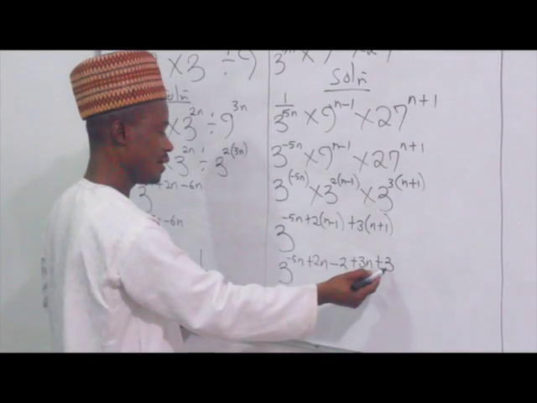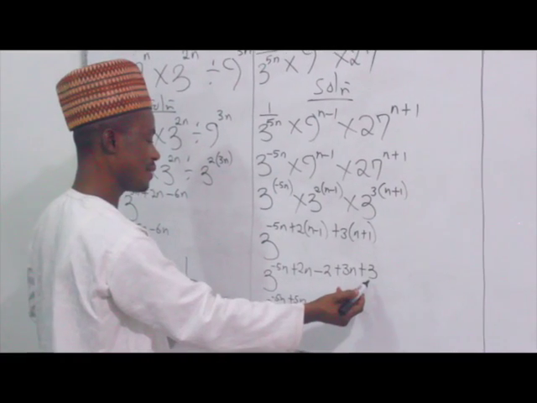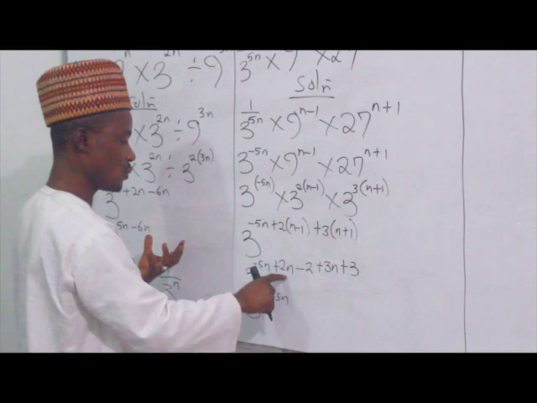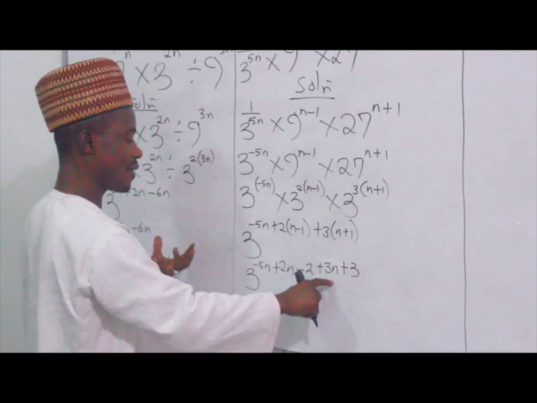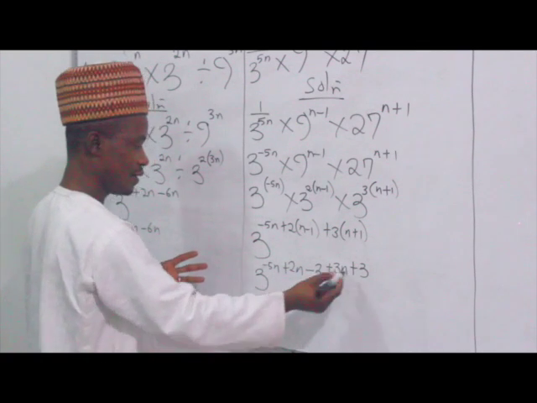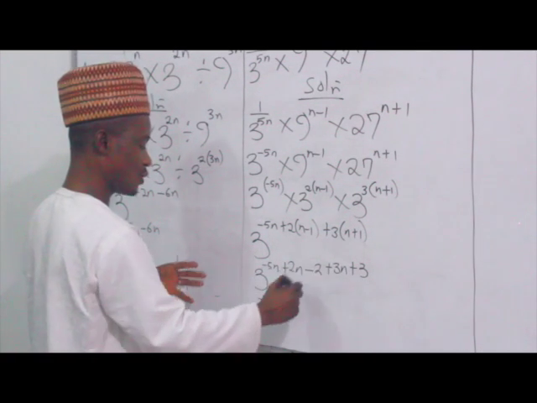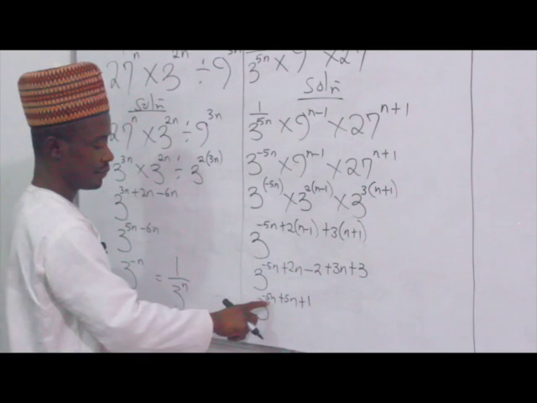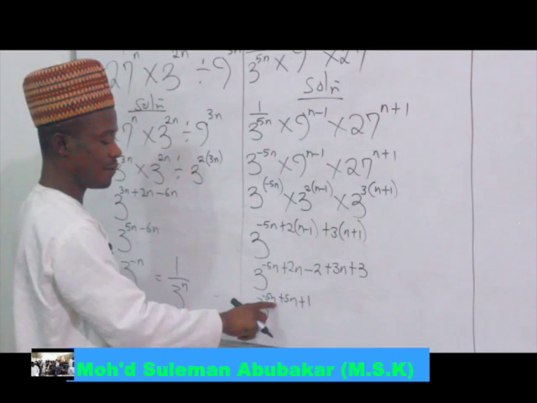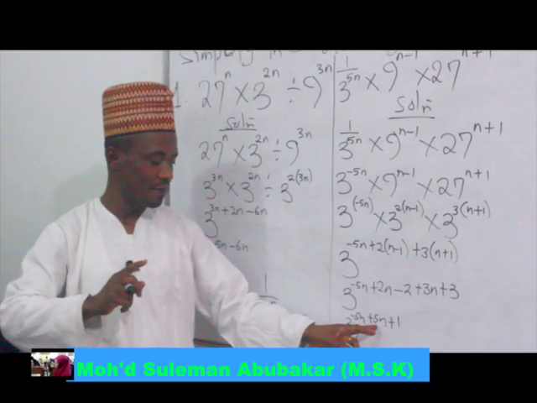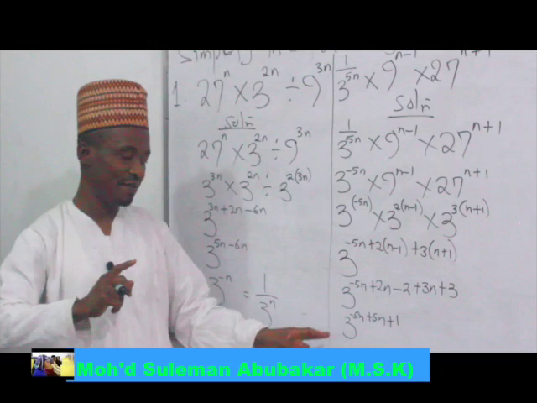Then 3, instead of saying minus 2 plus 3, because we simplify like terms. The like terms here are minus 5n plus 2n plus 3n, while the other like terms that do not contain a variable are minus 2 and plus 3. So 3 being positive, minus 2 gives you 1. So now we have minus 5n plus 5n, which is still the same thing as saying 5n minus 5n, which